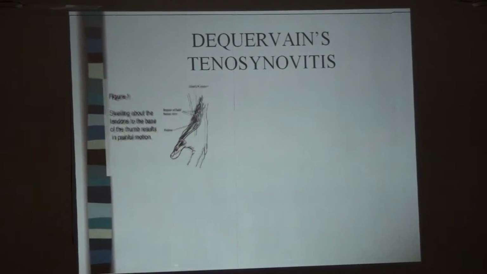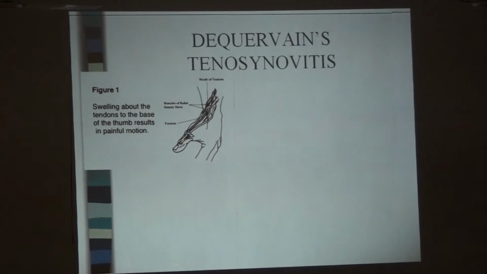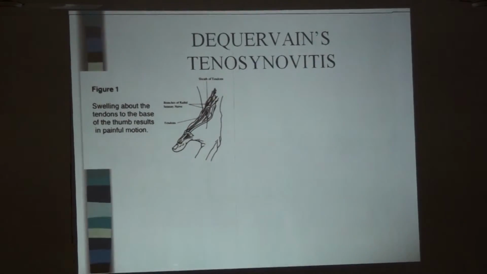And De Quervain's disease. De Quervain's disease is the swelling around the extensor tendon. First